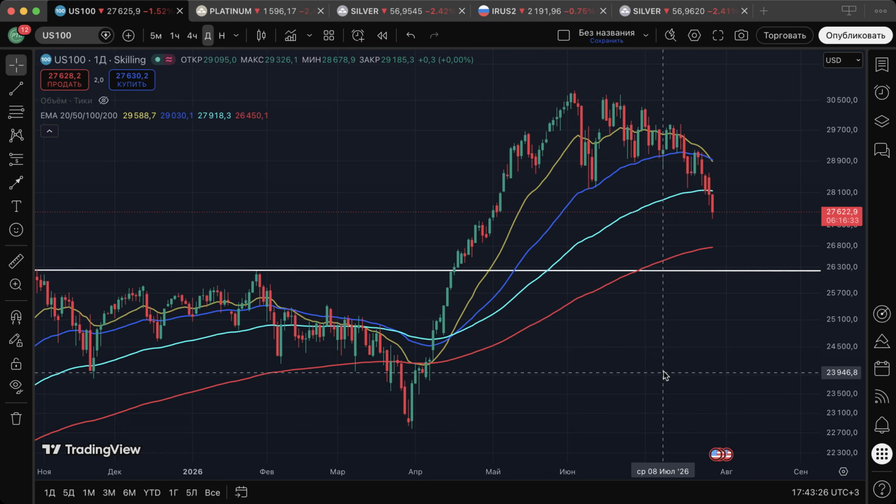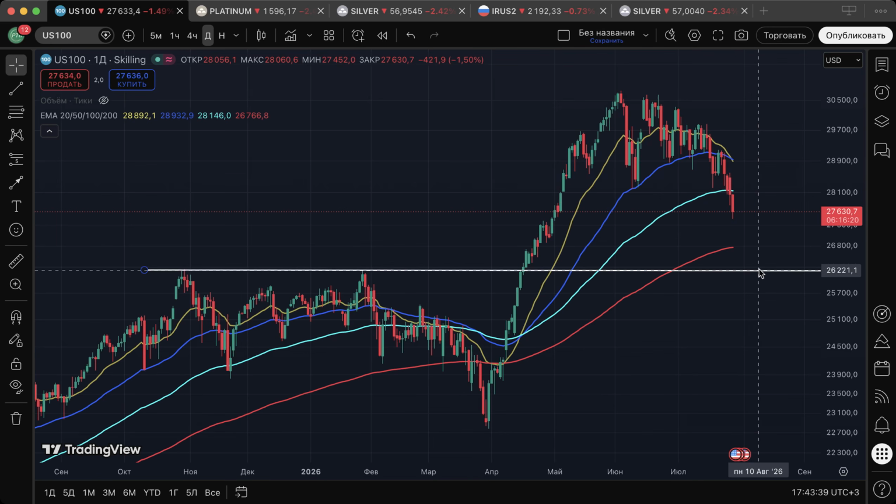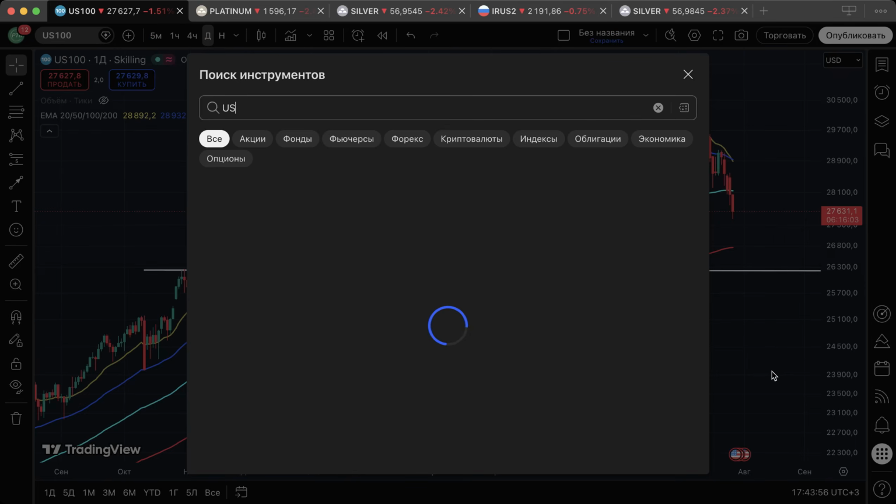And if you see the day frame, if you see our global tendency, we are going to the main level of the year, the level of 200 EMA on day frame, and we are going to the level 26,200 to the level of the retest. There's a previous historical maximum that we can use for the retest, and we can find here some interesting long position for the Nasdaq, and we can compare these two indexes